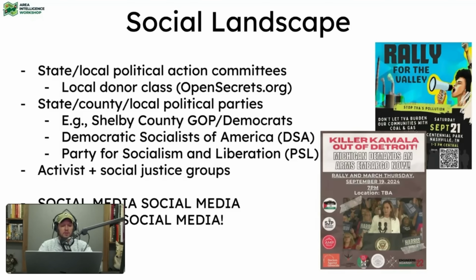Also, look up, like, Shelby County GOP or Shelby County Democrats, your Democratic Socialists of America, the PSL, the Party for Socialism and Liberation. They're a much smaller party, but I have noticed they've kind of been popping up. And then you've also got the communist political parties. Actually there's CPUSA, there's Revolutionary Communists, RevCom, and then there's this new thing they launched back in April called Revolutionary Communists of America, or RCA.